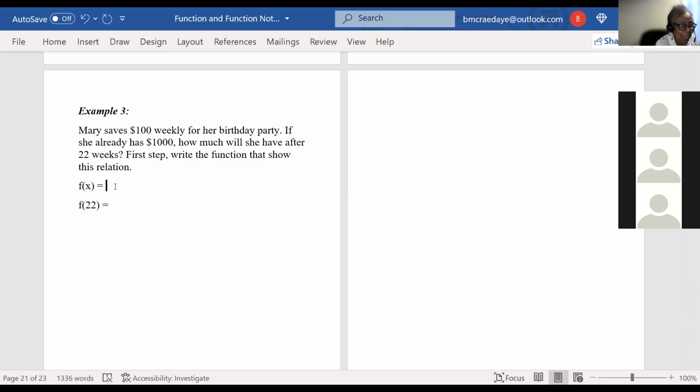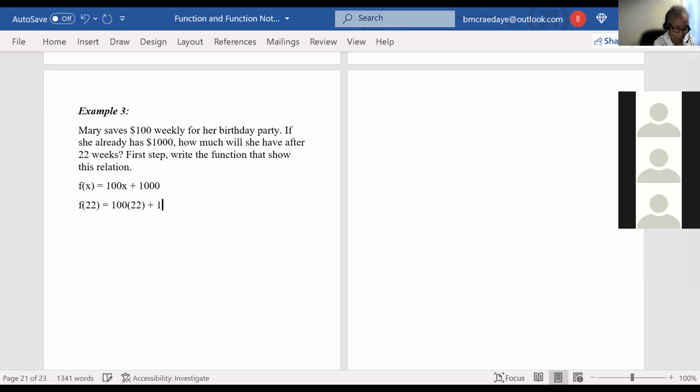That's the rate of change, the slope, right? So that's like our m. So m is 100 times x, the number of weeks, plus she's already saved 1,000. So f of 22 for our x, we'd have 100 times 22